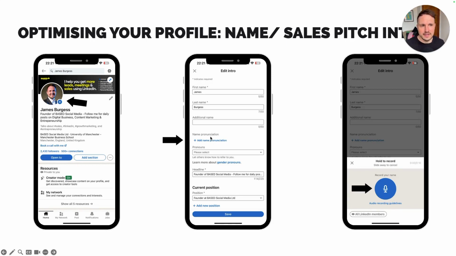you're asked, and it says to do your name pronunciation, but if you press a button and it just says James Burgess, it's just boring. And you should utilize any tool that you've got with a little bit of creativity. If you've got 10 seconds, why don't you do something like, hey, I help people get leads and meetings. If you're interested, just drop me a direct message, or you could say something that you've done. If you're interested, follow me for more, something like that.